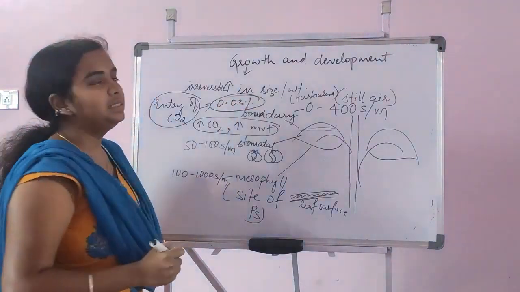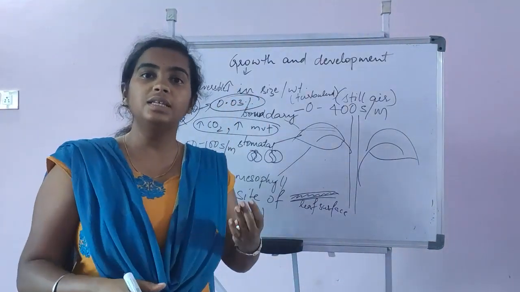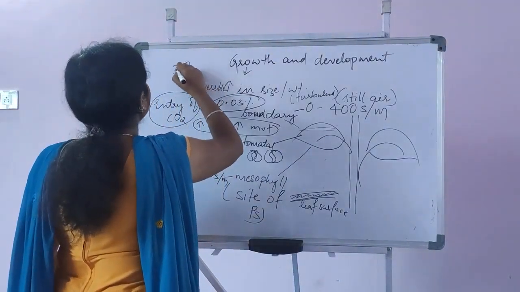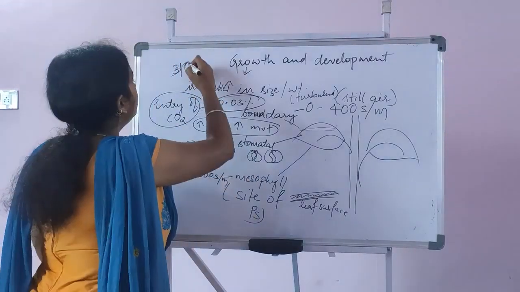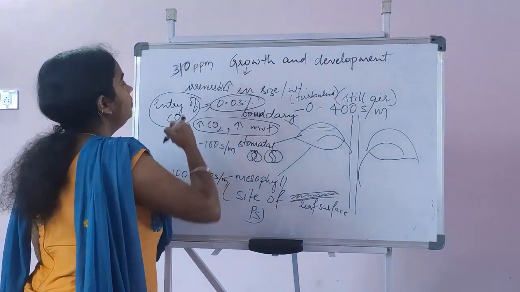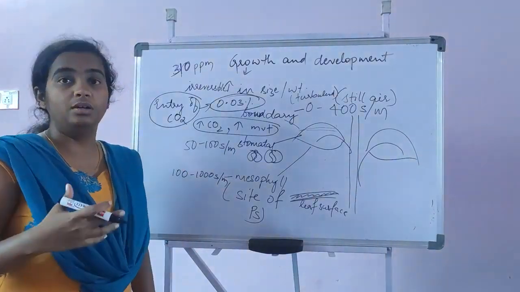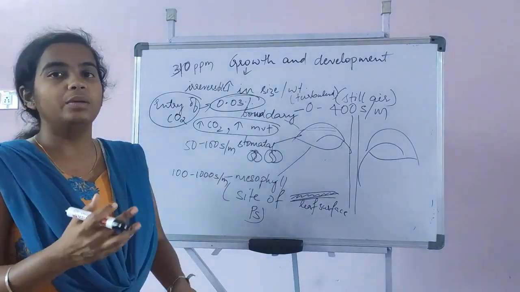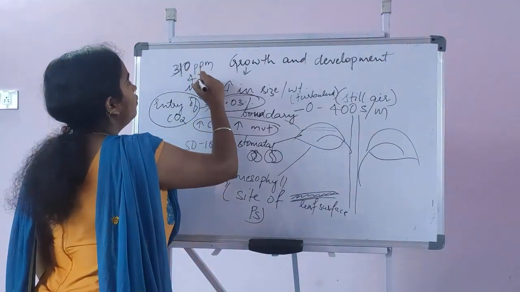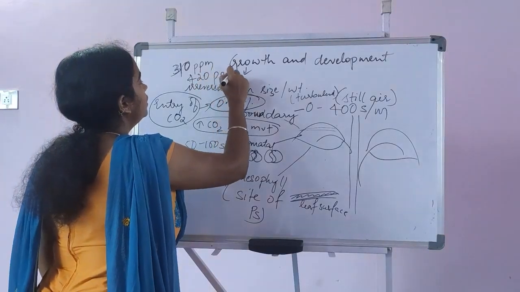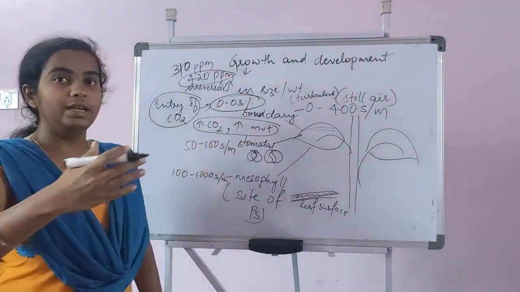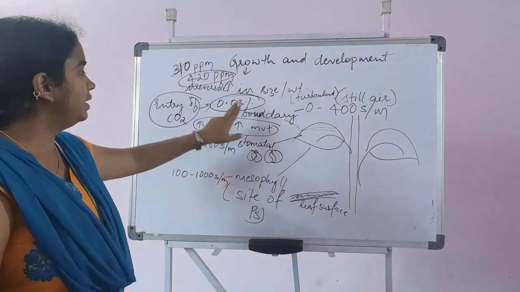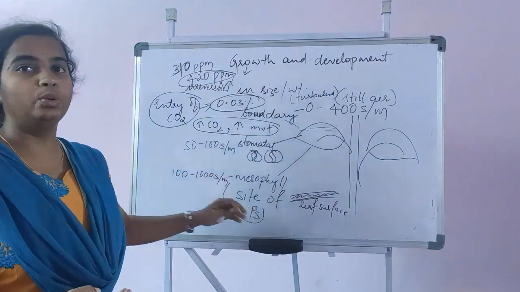And we know that the carbon dioxide in the atmosphere, in general we write it as 0.03%. Otherwise, in the earlier years, it was around 310 ppm, and nowadays due to the increase in the carbon dioxide, we know that global warming is also occurring. So nowadays carbon dioxide in the atmosphere is around 420 ppm. So there is an increase in the carbon dioxide. So these numbers and magnitudes are very important to remember.